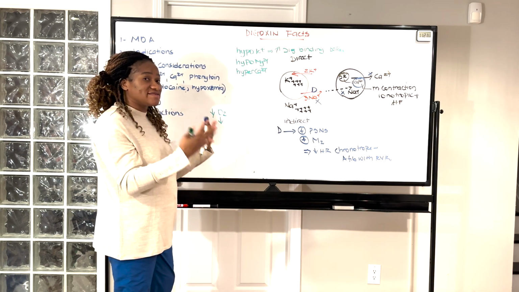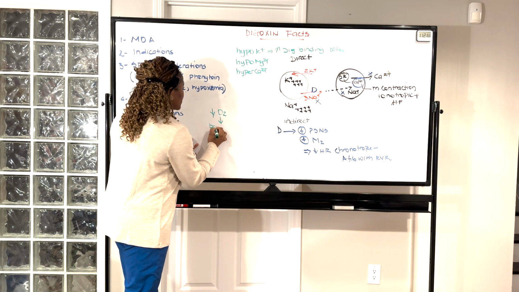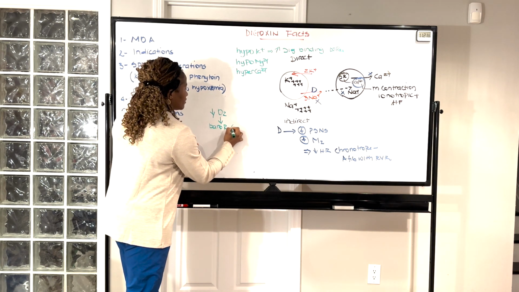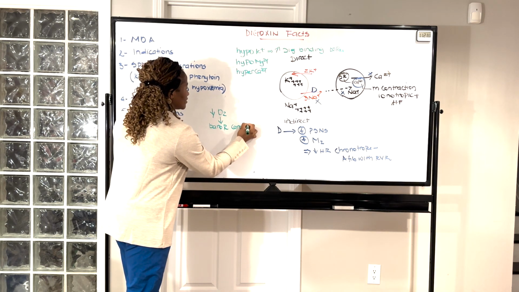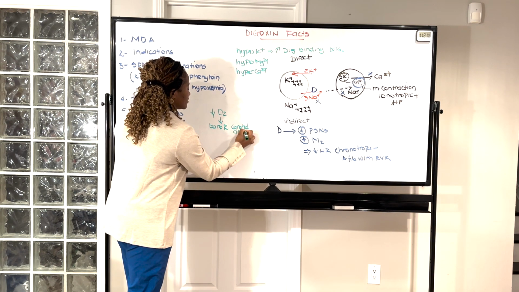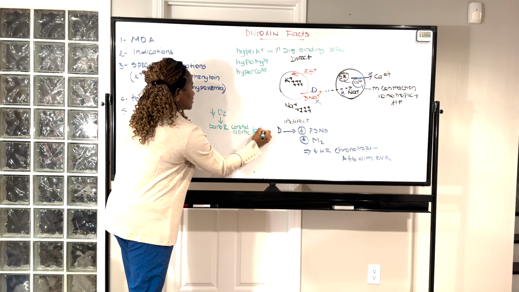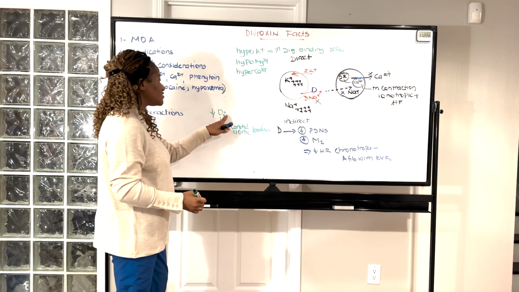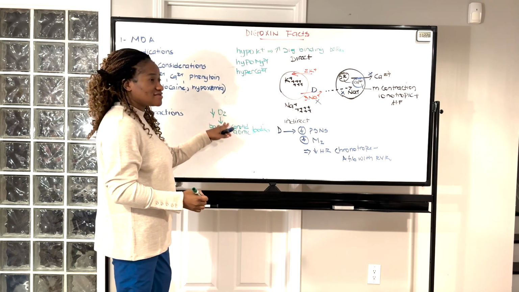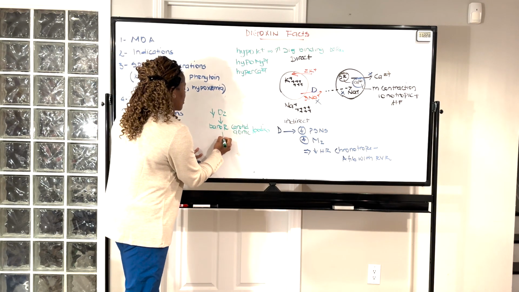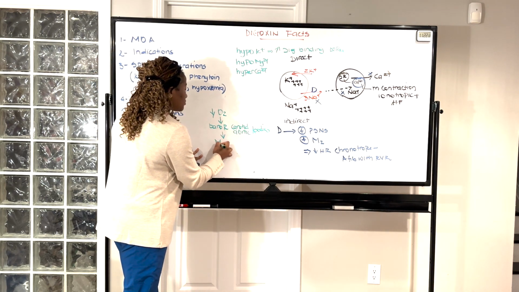They have receptors. So those receptors in the carotid and aortic bodies are going to sense the decrease in oxygen, and they're going to send the signal to the brain,